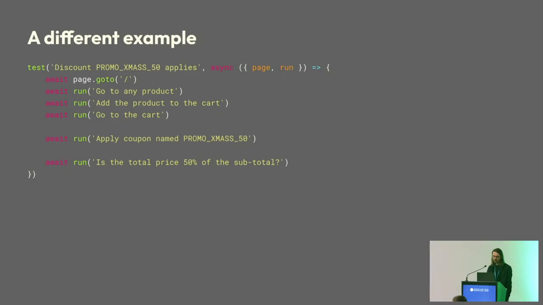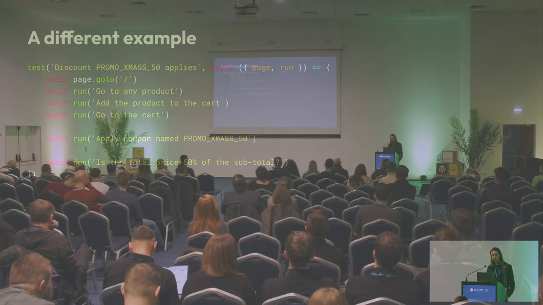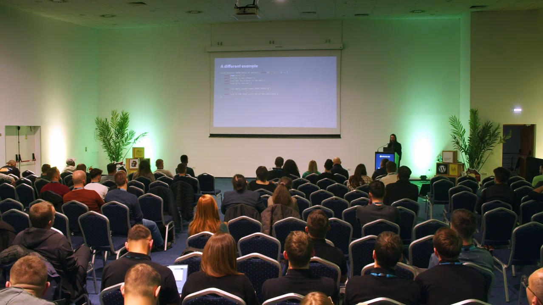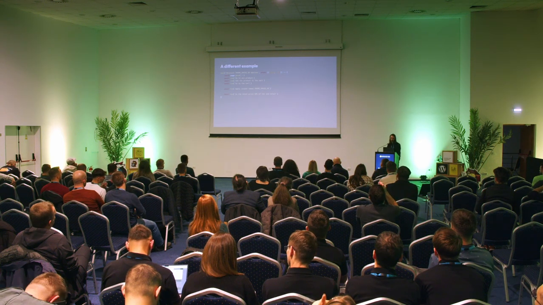So let's look at a different example to step away from the form. Here is testing a discount code for an e-commerce. This is actually the essence that we are interested in, and what is most important to us is to just go to any product, assuming we can only add products from their detail page, then adding that product, somehow arriving to the cart, then using a specific discount code, and then checking the price difference between the total and subtotal, and calculate that the difference is 50%.